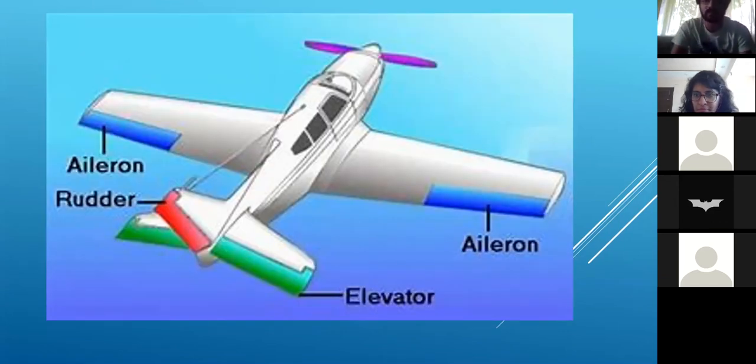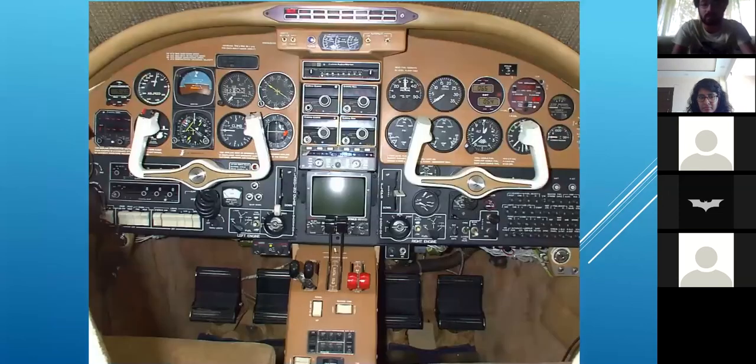Sir, is it right that we use rudder for braking during landing? No, we don't use the rudder. When my heels are touching the floor and I'm pressing the pedal at the bottom, I'll be using the rudder. But the upper section of it is the brakes. You can see there's a V formed there at the pedals.